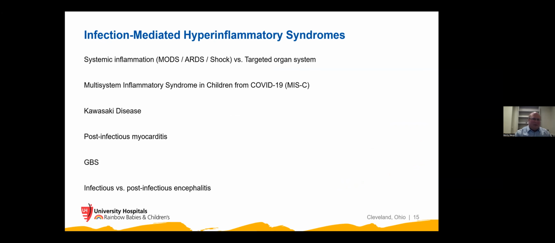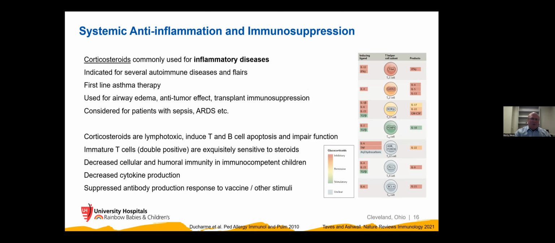syndromic-like inflammatory responses, some of which are autoimmune because there are various autoantibodies, and some of them are just increased secretion of cytokines. And recently, we've had experiences with MIS-C. We all treat Kawasaki disease, post-infectious myocarditis, so targeted organ-specific attacks from this inflammatory response, Guillain-Barré syndrome, and any infectious or post-infectious encephalitides. So what's the first thing that we all think when we try to decrease the inflammatory response